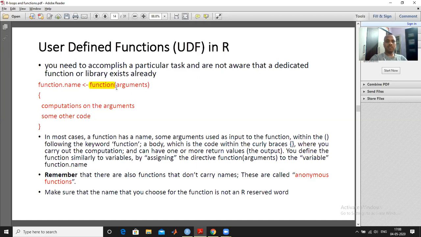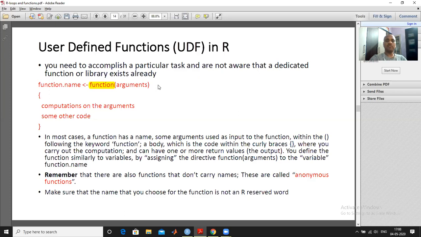Now parentheses will start and some arguments will be there, meaning the inputs you want to give your function. A function requires inputs, so you have to define them here. Suppose you want to find the area of a circle, then the input will be the radius. For the area of a square, the input will be the length.